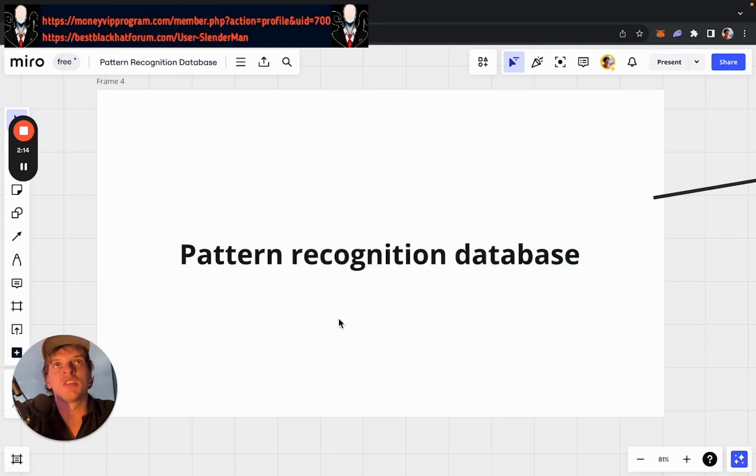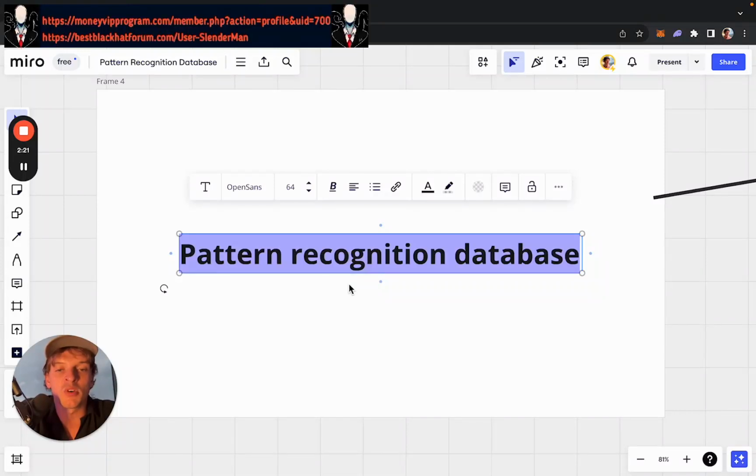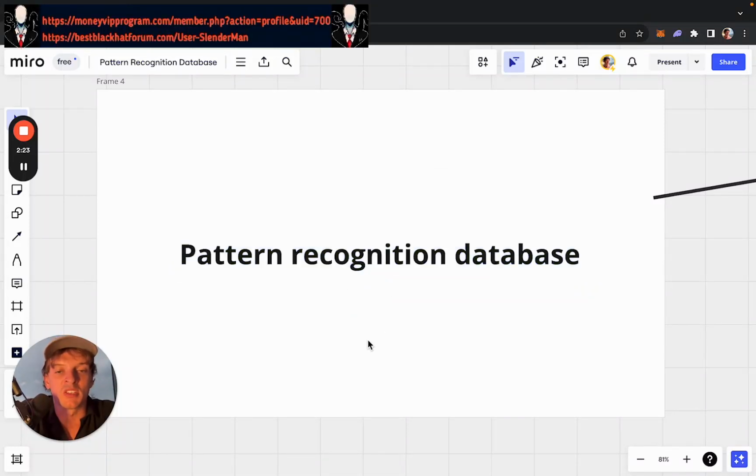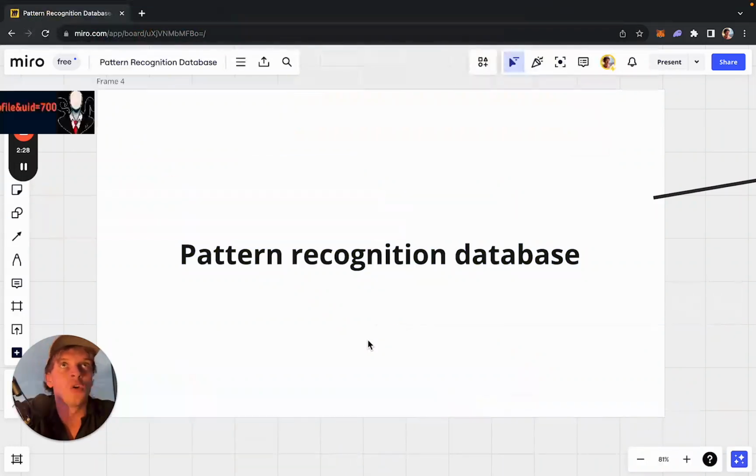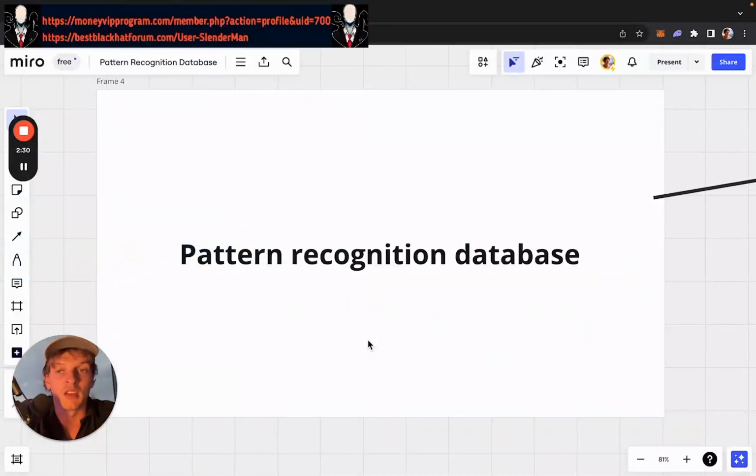I can determine if something is a good or bad investment within 30 seconds. It does not take long because I just am using my subconscious pattern recognition database to help me make decisions. Decisions do not take a long time. When you know your shit, you can know the answer to everything almost immediately, right? This concept of needing to research and sleep on a decision. No, your brain knows what you need to do instantly if you have downloaded a sufficient pattern recognition database and you have sufficient intuition to dictate the decision.